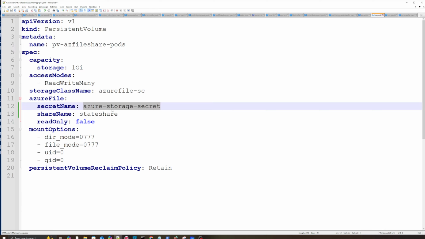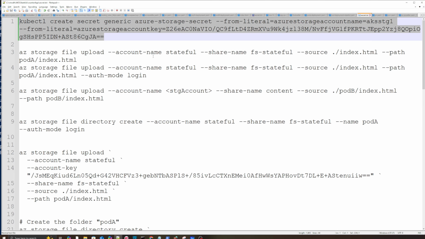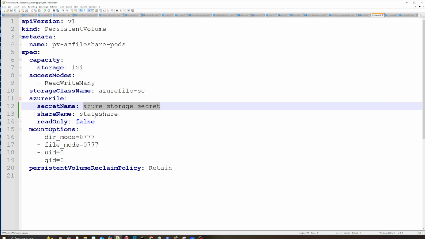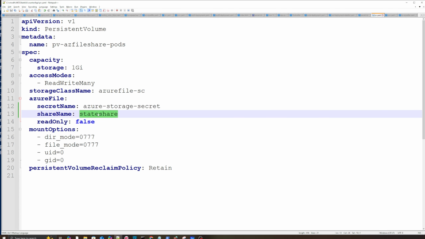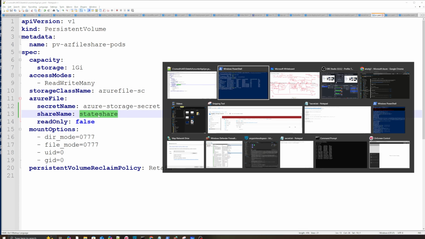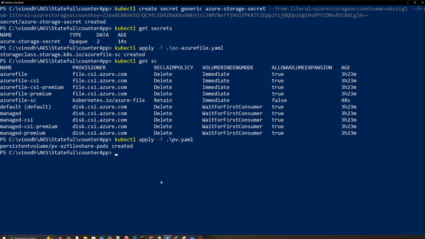So you are telling what your secret name is. The secret name is what I created some time back. Azure storage secret is what we are referencing here, and what is your share name, I'm giving it here. So let me go back. Yeah, this is getting created. Now